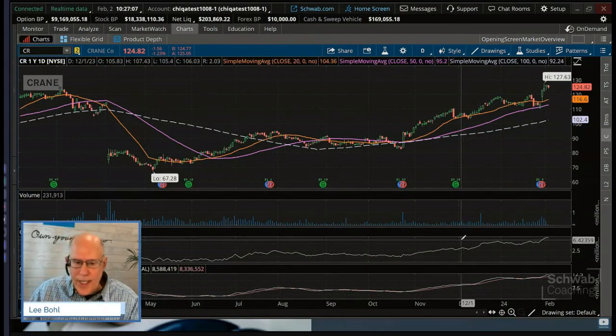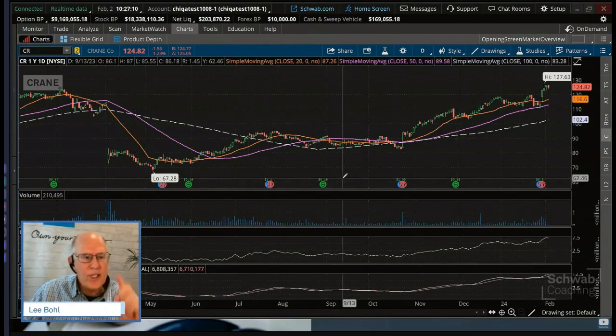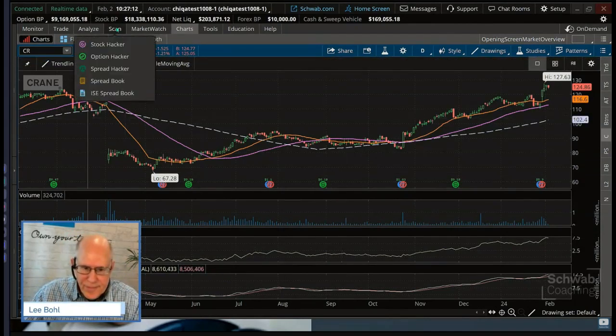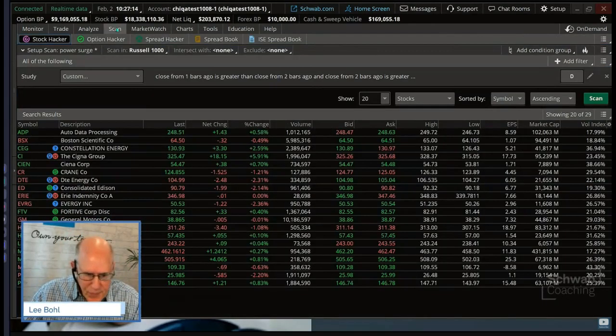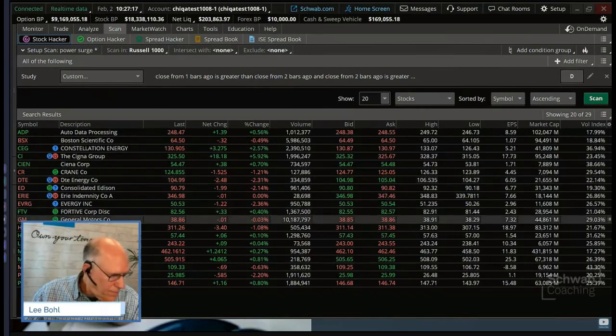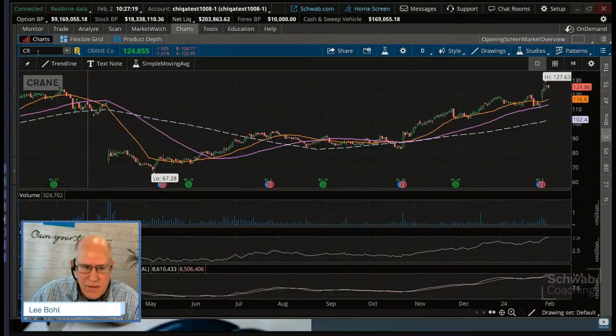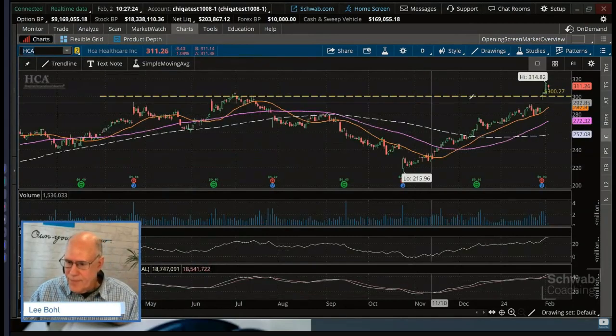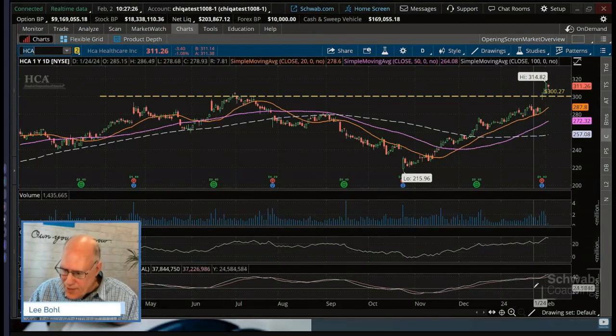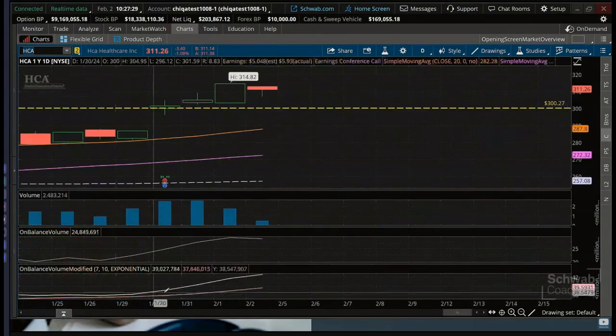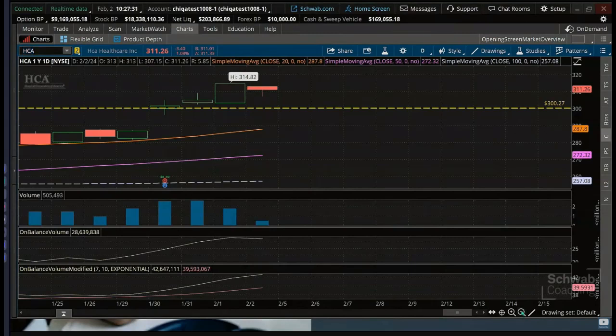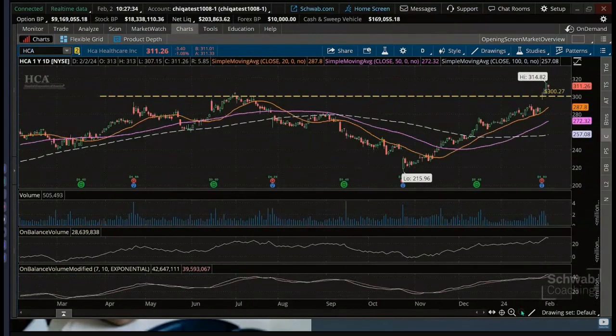Let us go and look at another one, and then we're going to do something else. Let's take a look at HCA. Nice breakout, great volume pattern. Once again, we get the little extra secret sauce down here with the cross. So that breakout, for some traders, might have a better chance of continuing because you have the volume pattern